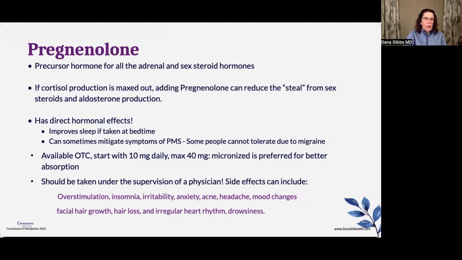Here's another warning. These measures that I'm just discussing can restore fertility to people who were infertile. So if you are not eager to have a baby, please use birth control while you're taking these supplements if you have need of that.